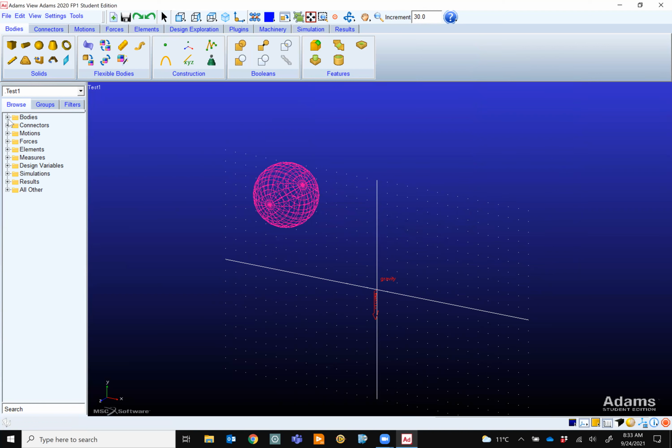When I create a body, this is on the side. This is the history of things that we do. Right now, under connectors, there is nothing. Under motion, there is nothing. Under force, there is nothing, and so on, right? Because we haven't done anything there. But under bodies, there is part 2. Always be neat and try to rename things nicely, because soon the model becomes complex and you don't know which one is part 2, which one is part 3. So how do you rename it?